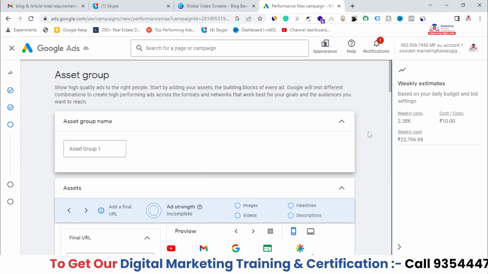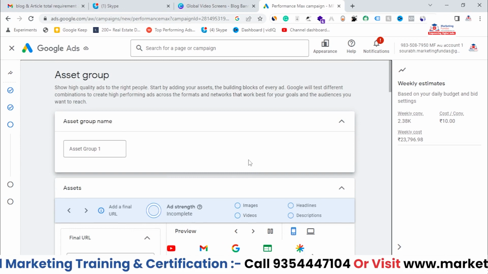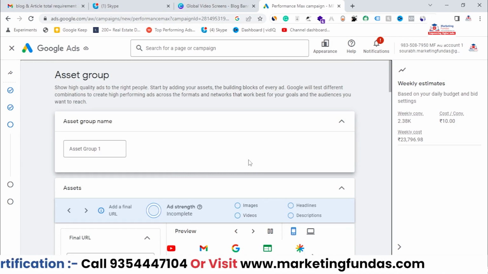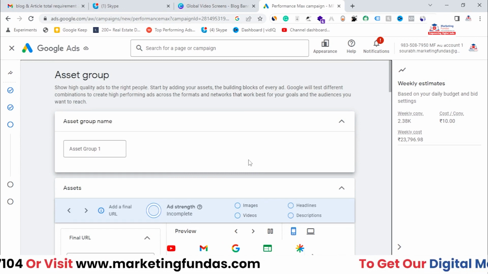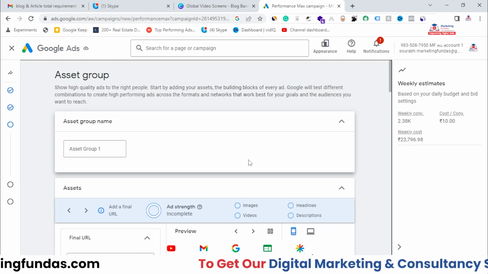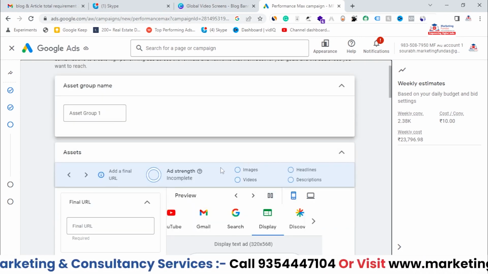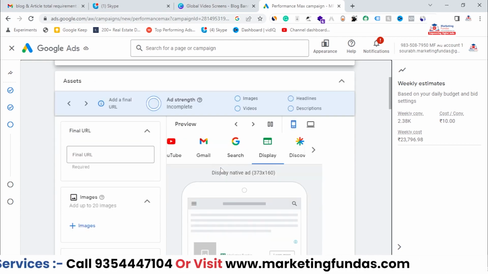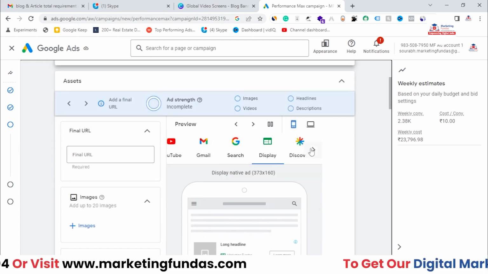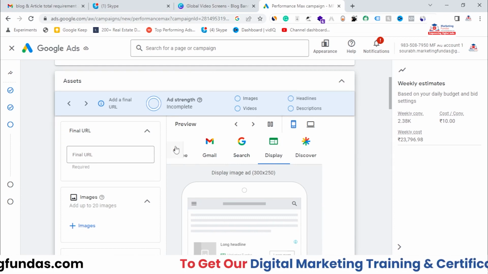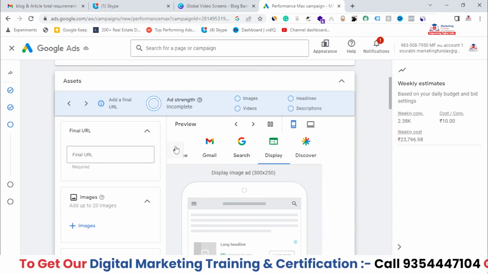And same as ad group, you can create multiple asset groups if you have different types of categories and products. So you can separately create your asset group for different categories and products, right? Now, in asset group, why is it called asset group? Because you have to add tons of assets over here in order to run your ads on all the platforms